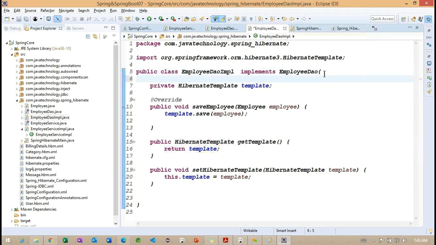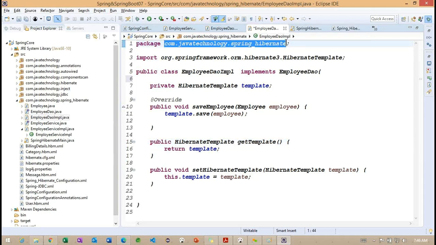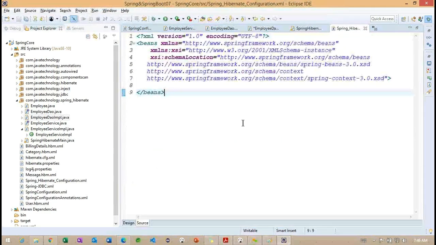So this is the way we are going to set the particular properties. Right. So later, now what am I going to do? We need to create an object of these particular classes here. To create an object of these classes, first what we need to do? Let me copy this particular package information.